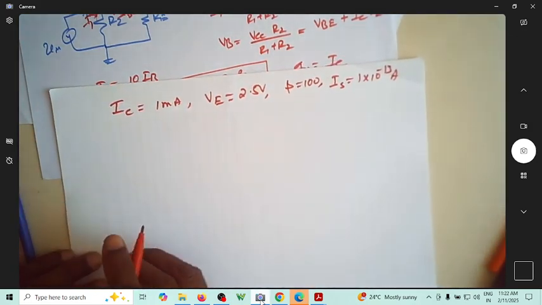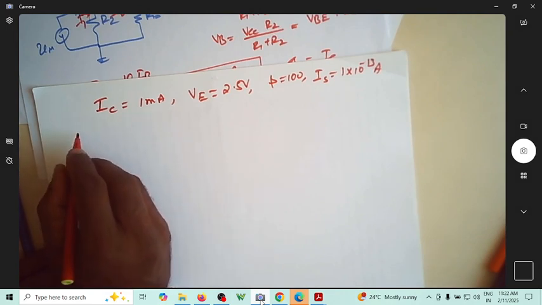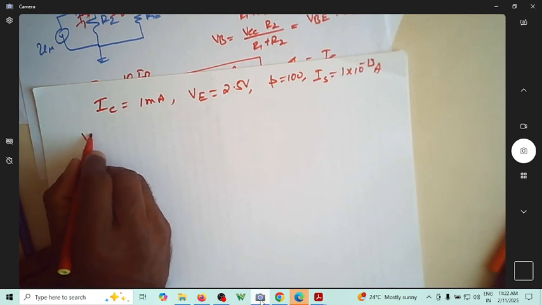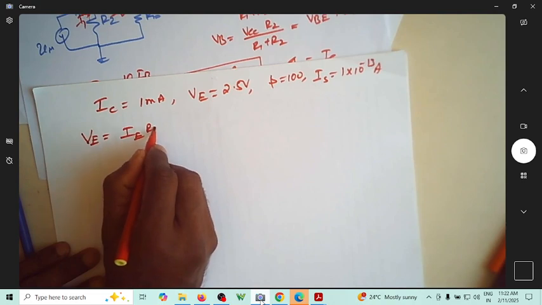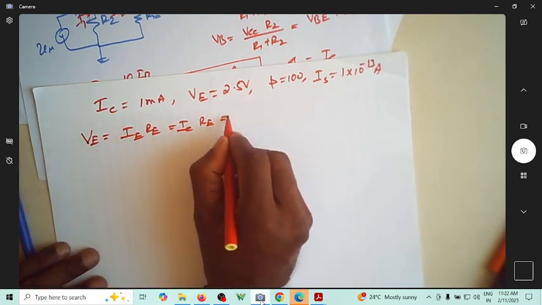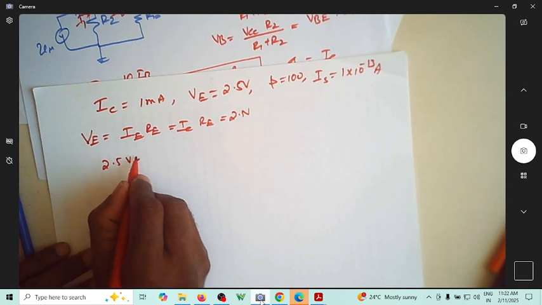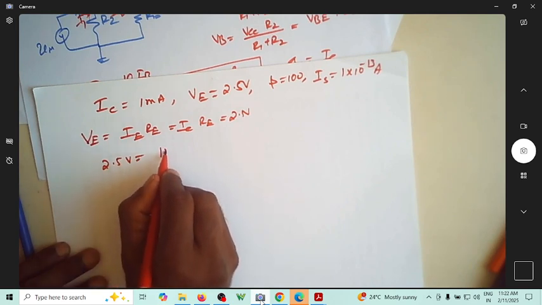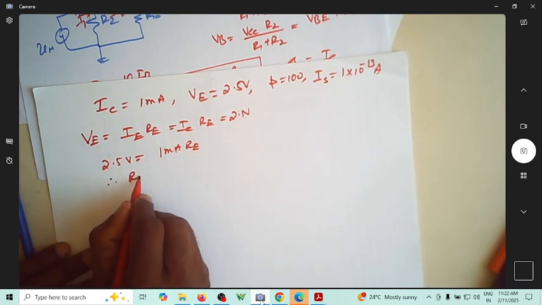With these specifications, if you are asked to design, you start with VE, which is IE into RE, which is nearly IC into RE. You want this at 2.5 volts. So 2.5 volts is equal to IC, 1 milliampere, into RE. So RE comes out to be